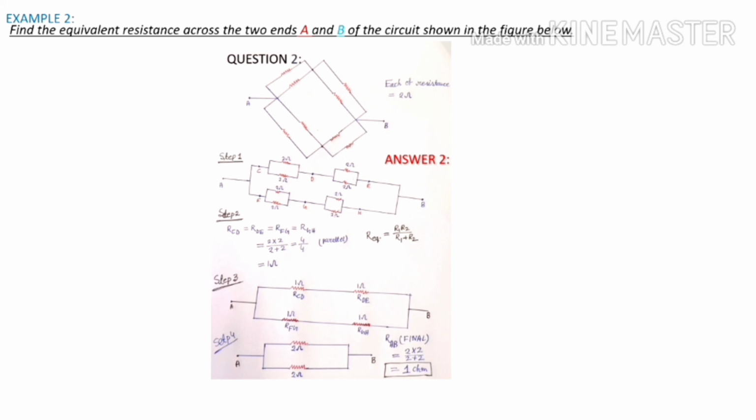Here is the question. You find the equivalent resistance between A and B. Just I stretch it, and you see that between C and D, the resistances are parallel, and also DE, and also FG and also GH. You see that all the resistances are in parallel. So at first I use the formula. Here are two resistances, both are 2 ohm. So the equivalent resistance, multiplication by addition, is 1 ohm.